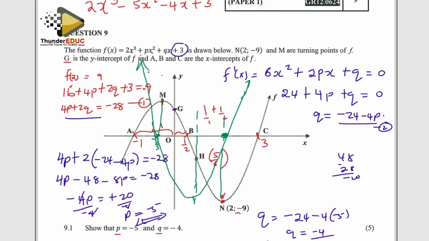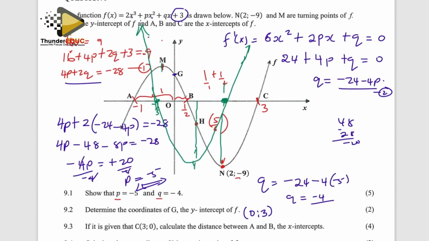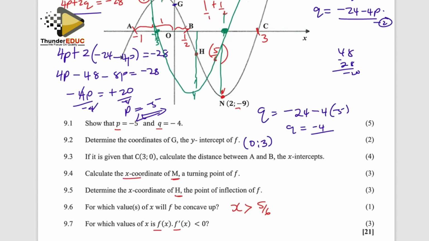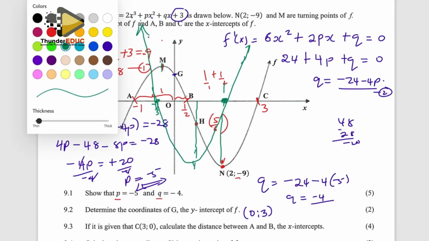Okay. Now the question is asking us, where do we find f of x, f prime of x, to be less than 0? So one must be below the x-axis and the other is above, or the other must be below and then the other above. So the conditions that I'm seeing, or the situations that are available for this kind of scenario,